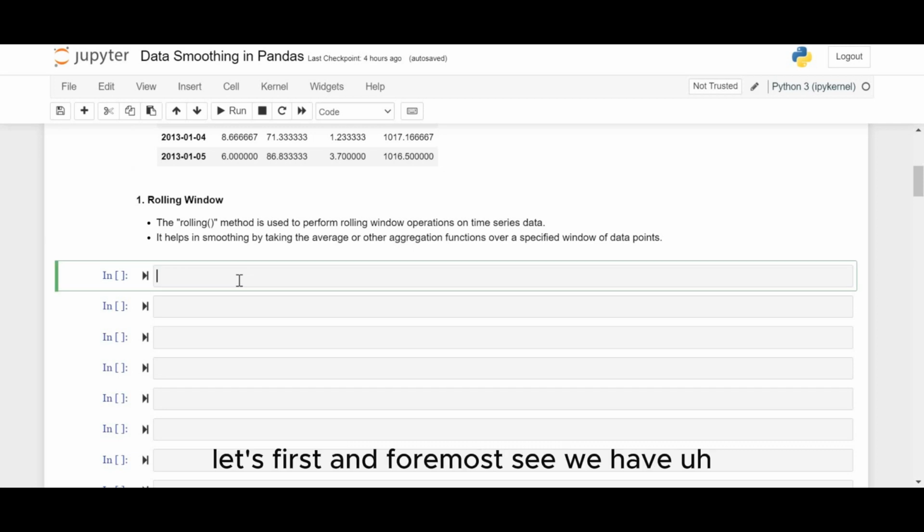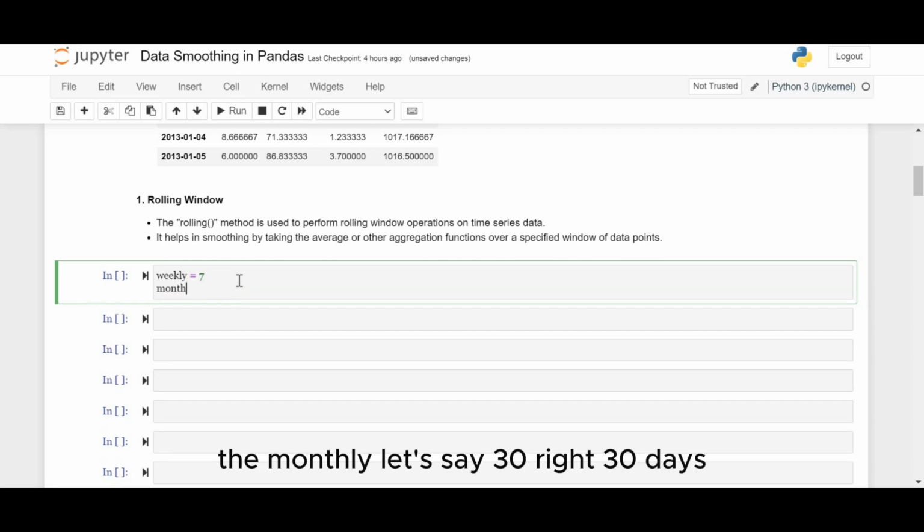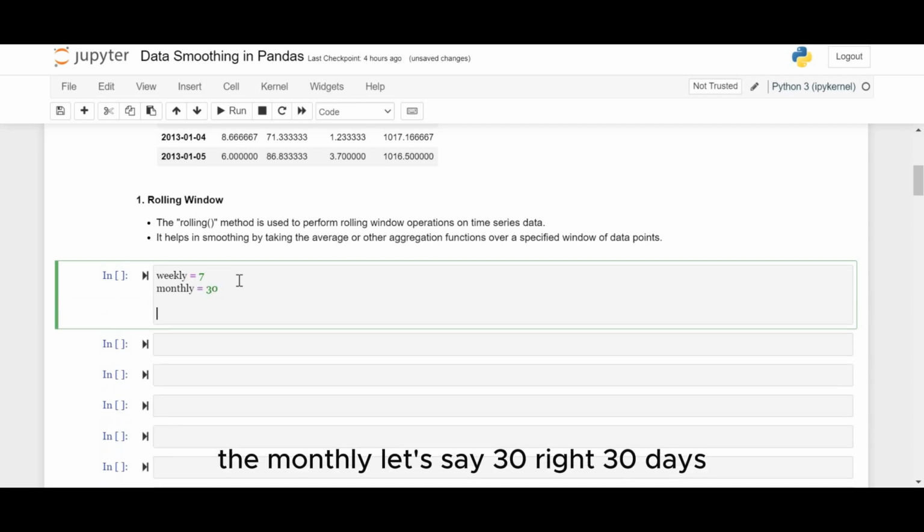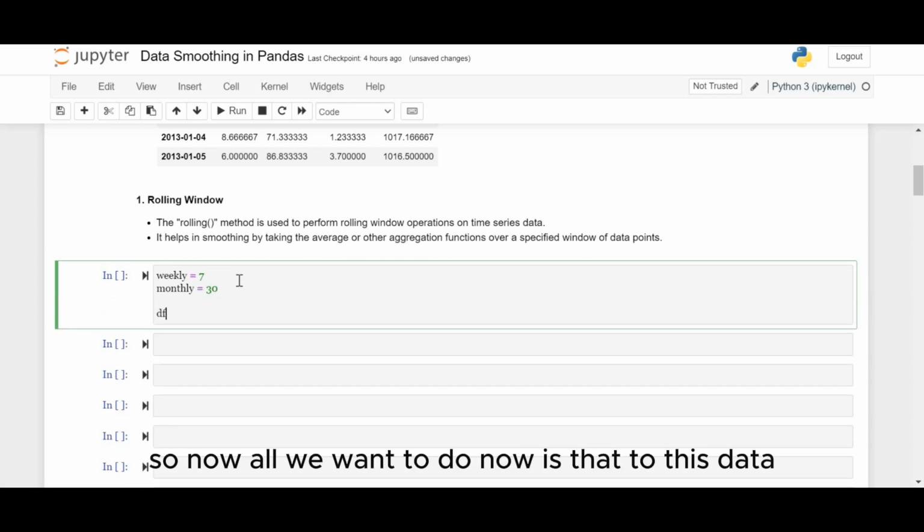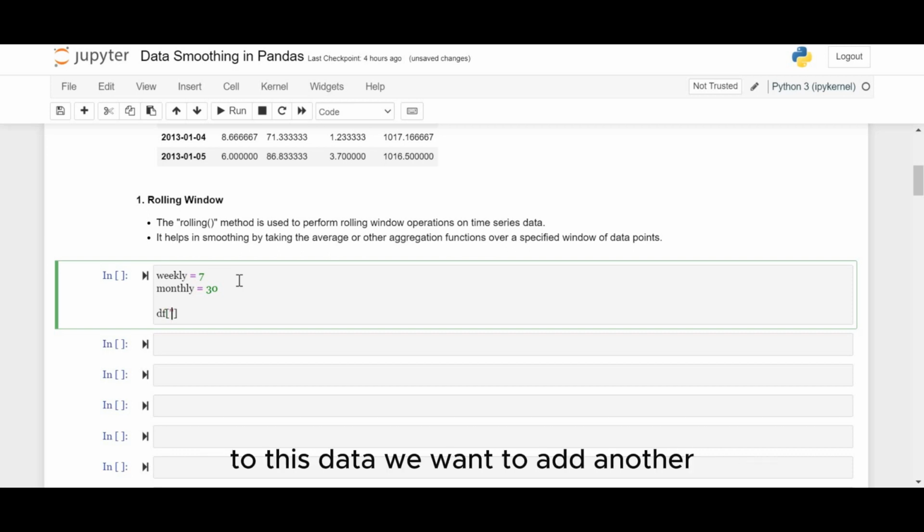First and foremost, let's indicate the window size. The weekly will be 7 days, the monthly, let's say 30 days. So now what we want to do is add to this data frame